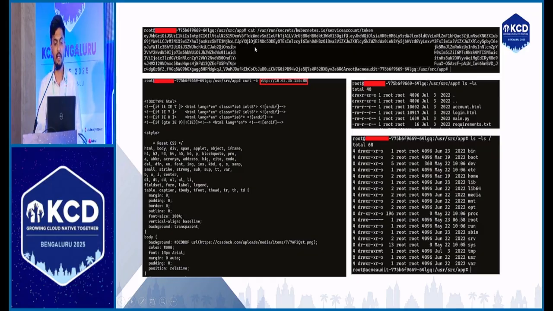When you gain access to a certain pod, you can check the service token, and based on it, check what roles have been assigned to this particular token. If it has some IAM privileges, use them to escalate. And here you can do a curl to a neighbor pod. This is one pod running some other website. You can directly curl it since you are inside the pod, list the code base, and read their own code base.